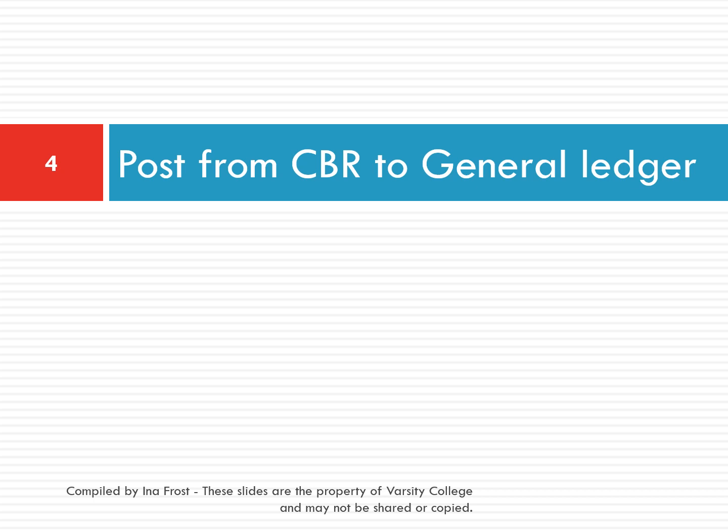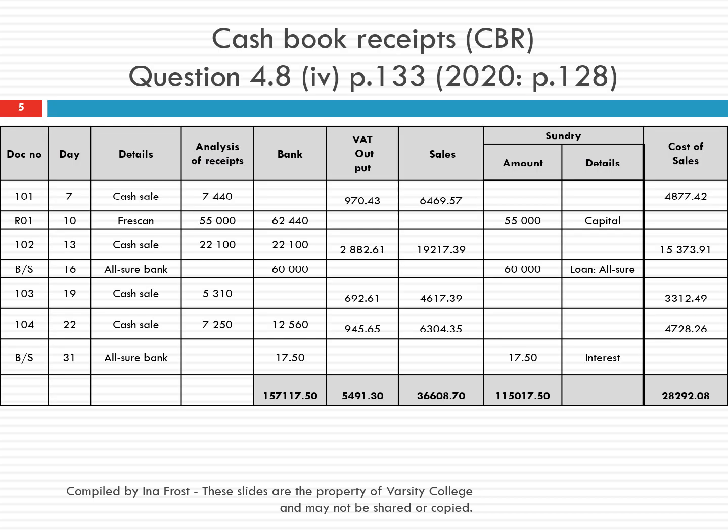So we're going to start off by posting our cash book receipts to the general ledger. We are going to make use of question 4.8 in your textbook. So maybe you have already done this question with your lecturer. If not, you can do this question then and work through this video as well. So in the first part of this question, you were required to prepare the cash book receipts and cash book payments. So this is what the cash book receipts would have looked like at the end of that